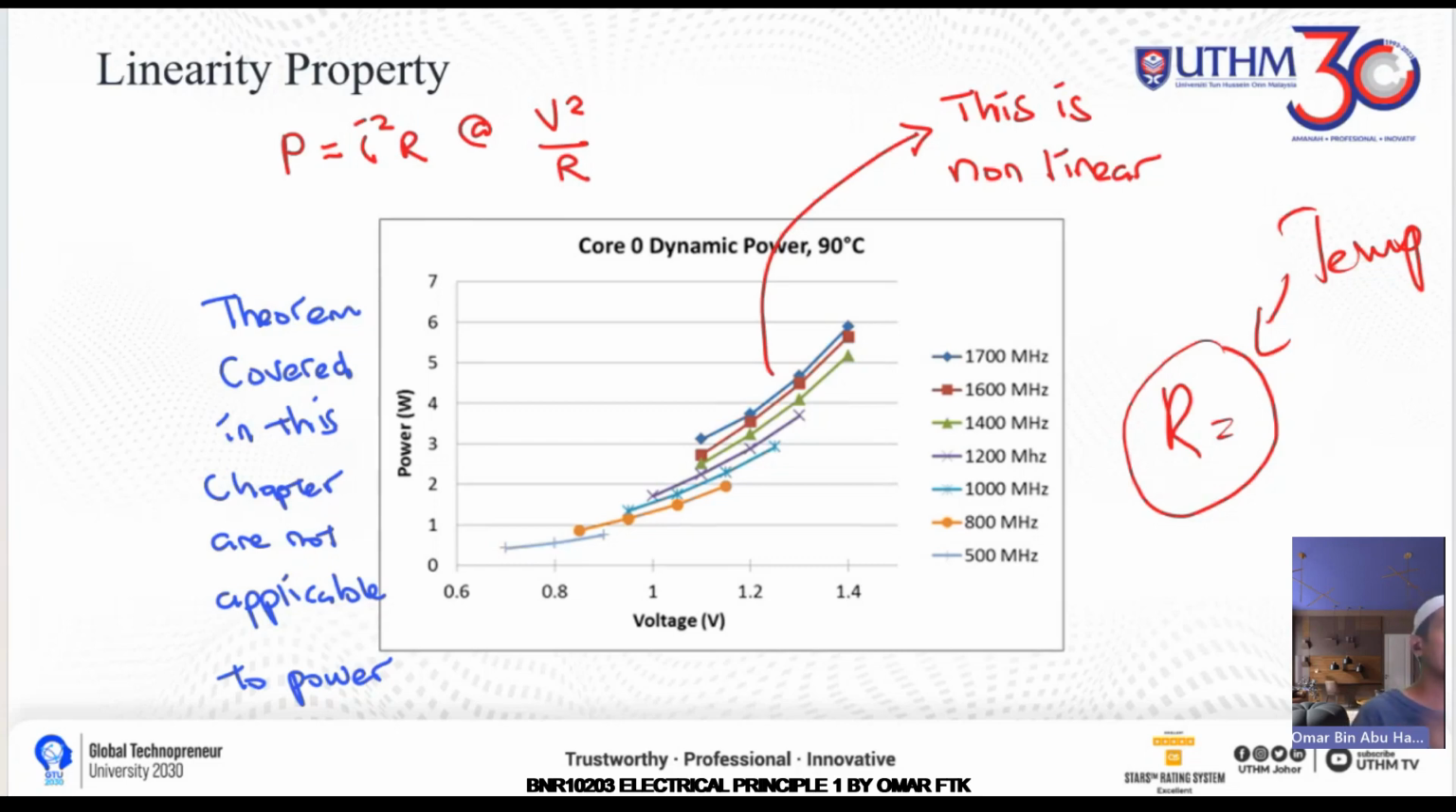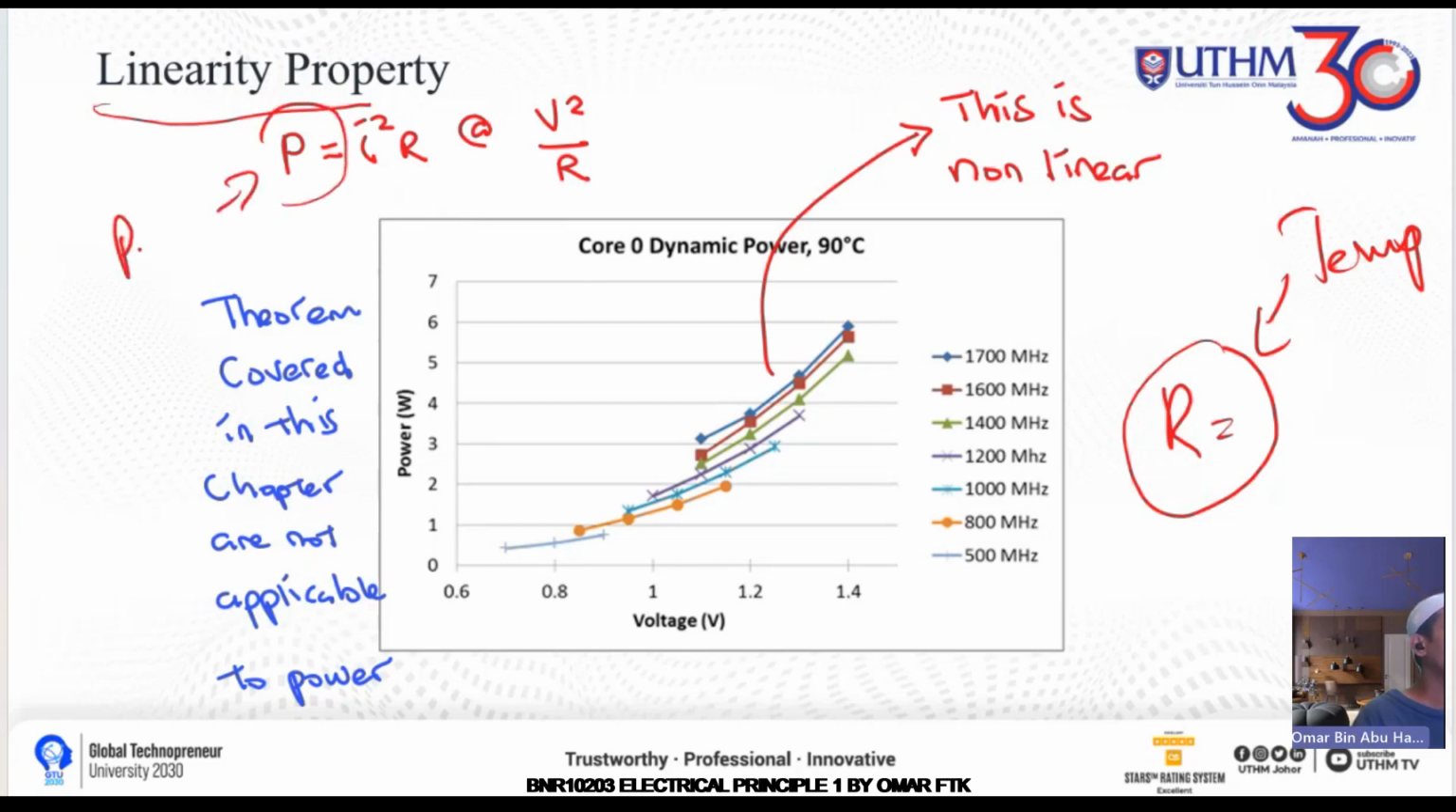You have to wait for a certain amount of time, probably 2 or 3 minutes, until your system reaches the steady state value, and the temperature reaches the steady state value. Then you will get a reliable result, for example, your current and the voltage. Okay, in terms of linearity of the property, if you look into the power,